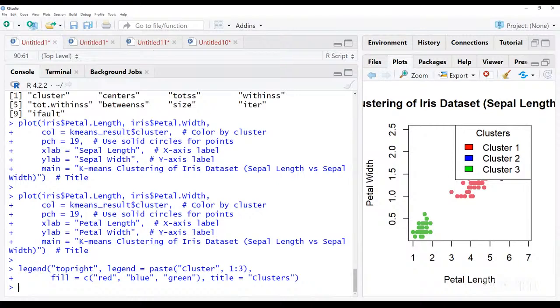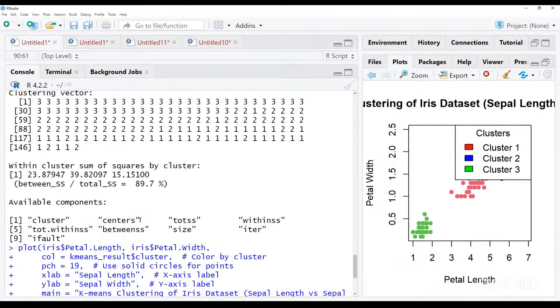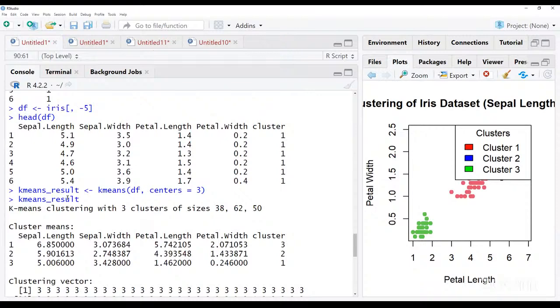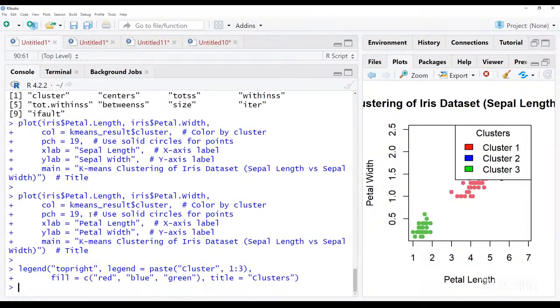Betweenness divided by total withinness. So you write down what is your vector name. K-means result. You write down kmeans result,